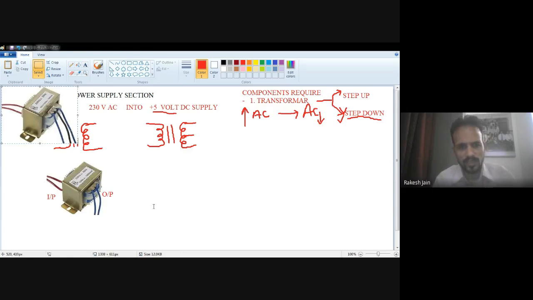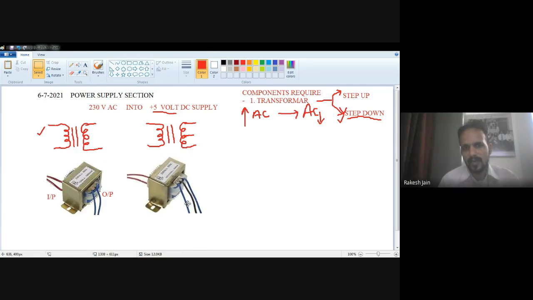This image shows you the center tap transformer. See here, the input side consists of two wires for the input power supply, because we know that input side means we have to connect this side with the 2-pin cable to the power supply. So the phase and neutral, the two terminals of the power supply, will be connected at the input side. And the output consists of 3 wires here, so it is a center tap transformer.